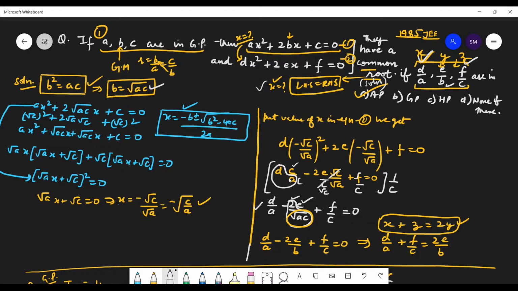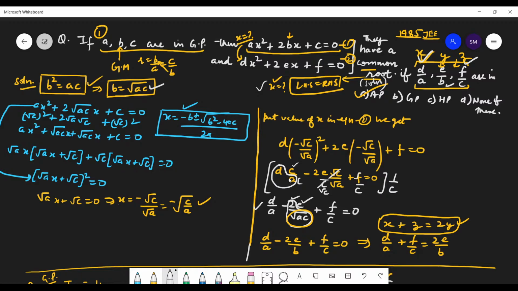And then we did our second question: if T3 is equal to 4 in GP, what will be the product of the 5 terms? As the number of terms is odd, the first thing is that we will take the common ratio as R, and the second thing is we will start from the middle. So the middle term is A, and then moving both sides, the common ratio as.